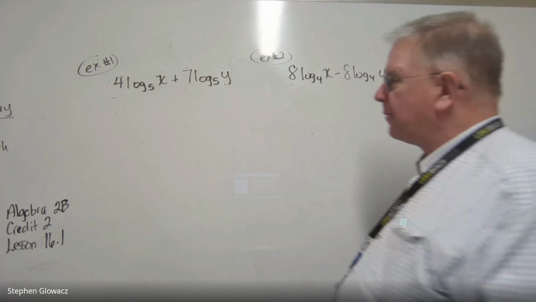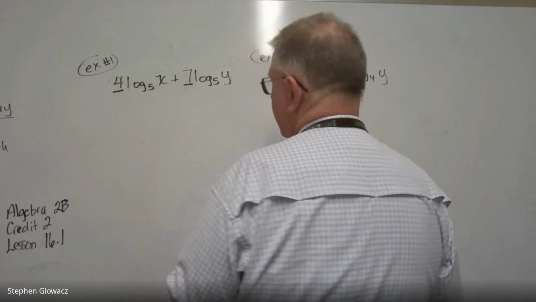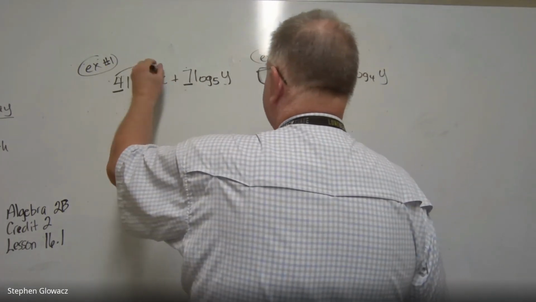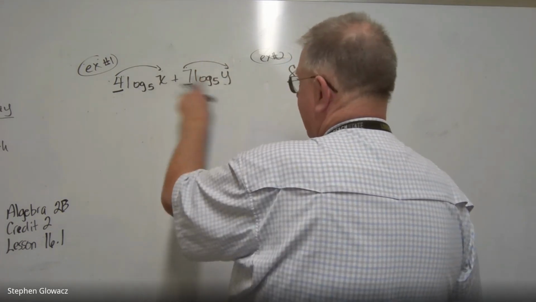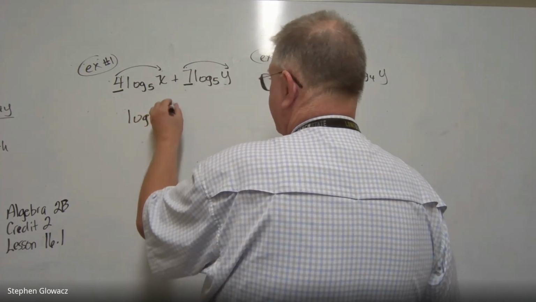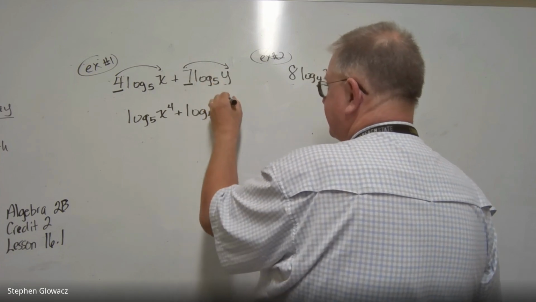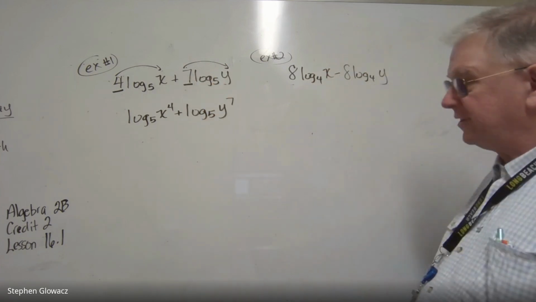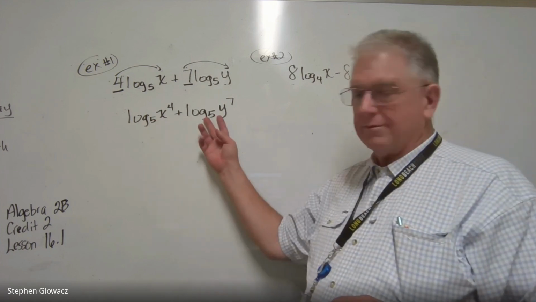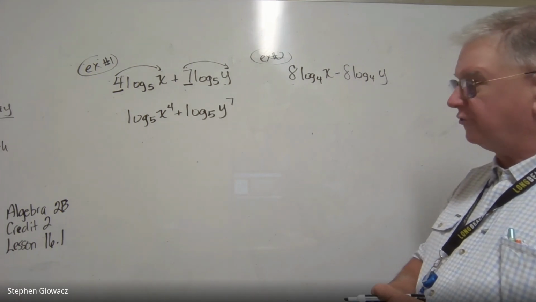So the first property that comes into play is that we can take these coefficients, the 4 and the 7, and write those as exponents on the x and the y. So we have log base 5 of x to the 4th plus log base 5 of y to the 7th power. All right, so we still have 2 logarithms here,